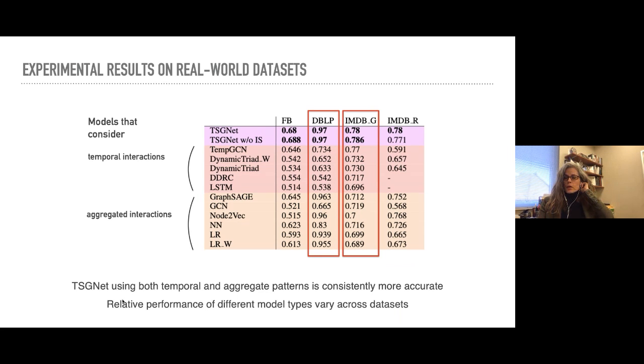But one thing I want to point out here is that the relative performance of the methods change on different data sets. So it seems like in some data sets, the temporal interaction patterns are more important, and in other data sets, the static overall set of people that you interact with is more important. And so our method with these two types of encoders was able to perform more consistently across different kinds of data sets. But what I want to point out here is a point that doesn't show up in the paper,